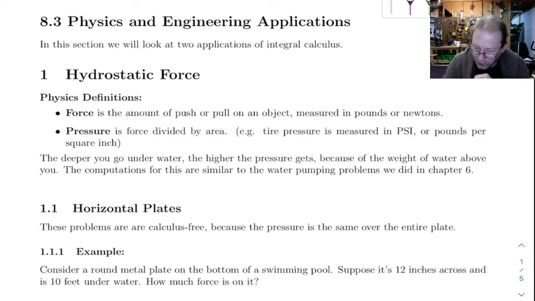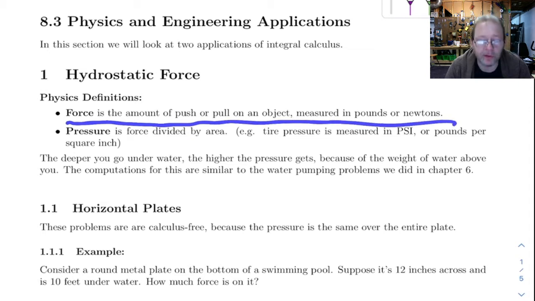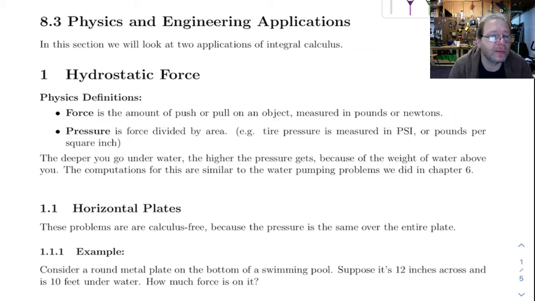So before we go any further, let's talk about the difference in force and pressure. Force is the amount of push or pull on an object, and it's measured in pounds or newtons. Pressure, though, that's force divided by area. So an example of that would be tire pressure. It's measured in pounds per square inch. So if you go down deep underwater, the pressure gets high because of the weight of the water